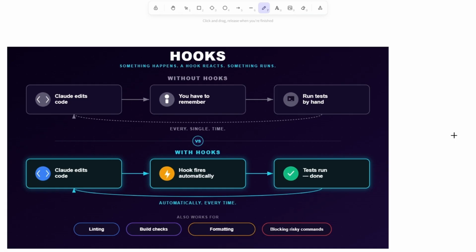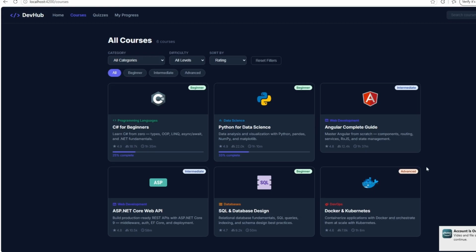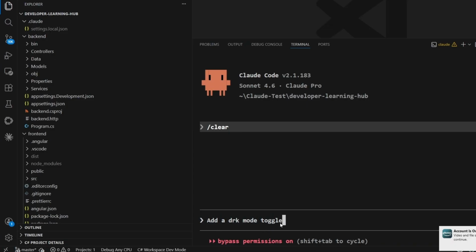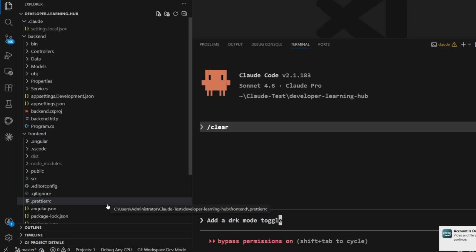Okay, so now we are going to understand how hooks work within Claude. Let me explain in a simple way. Let's say we are going to add a dark mode capability to this application. We came into VS Code and asked Claude to add a dark mode toggle. Claude is going to make changes everywhere, whether it's the UI or API, depending on your ask, right? Every time you ask Claude to do anything, and tomorrow you come back and ask for three other functionalities,